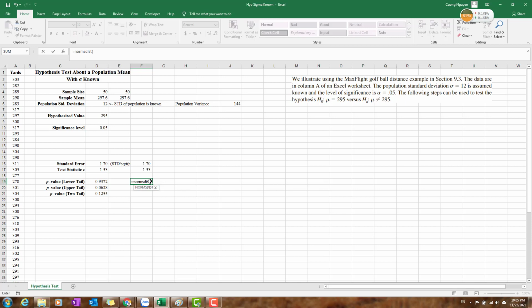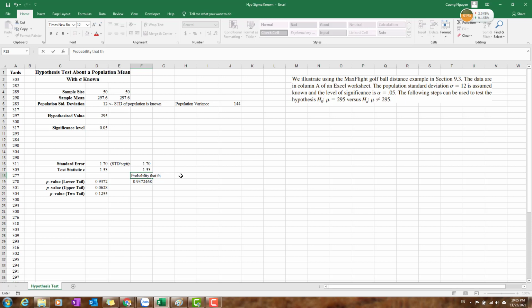That means standard normal distribution, and we just need to put in the z value, which will be this number. And of course, to get the p-value, this means here the probability